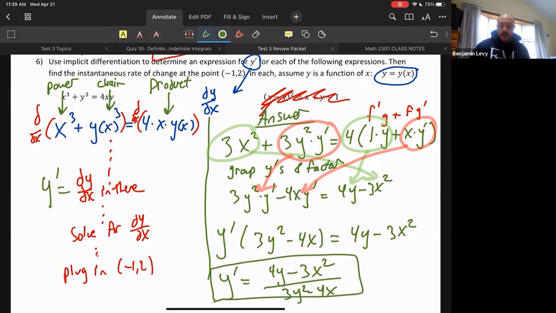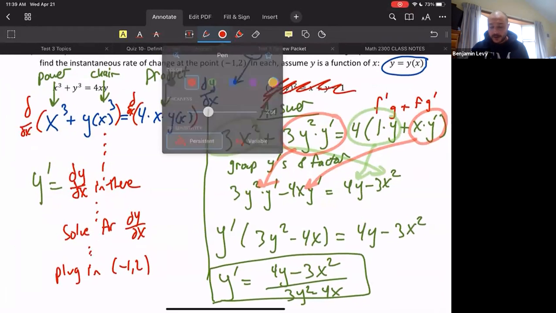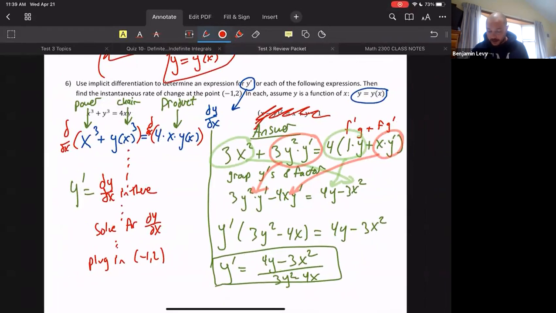Is it kind of nasty and dirty, confusing? Yes, but we have this kind of nasty function to start with, where there were x's and y's on both sides of the equation, but we were still able to get an expression for the derivative. That's sort of the interesting point here. And then the last step says find the instantaneous rate of change at -1, 2. If we were going to finish this one off, we would plug in that point, and I'll let you do that if you wanted to try it, or you could look at the solutions.